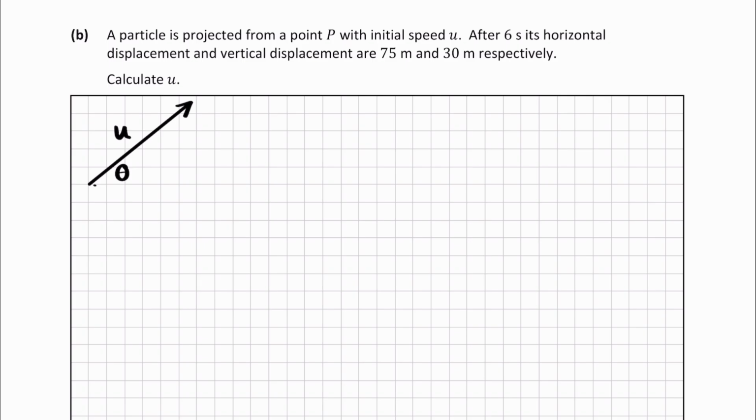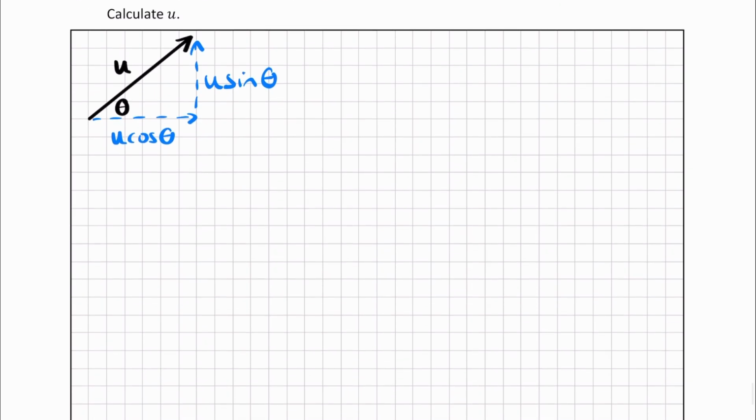Okay, so let me just break it into its components first. I'm going to break it this way. That is u cosine theta. I'm going to break it up this way into its vertical. That's u sine theta. So what I'm going to say is do your components in the x direction and the y direction. So in the x direction, or in the i direction, whichever way you like to talk about it,